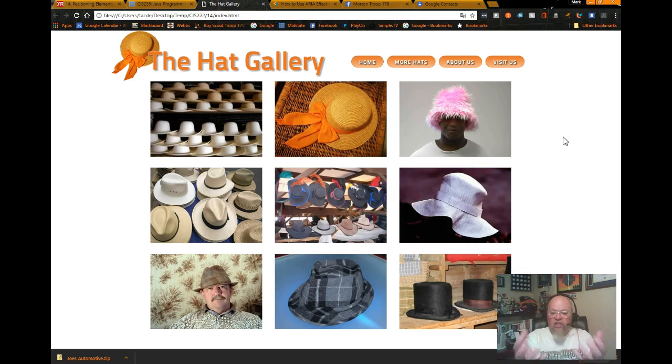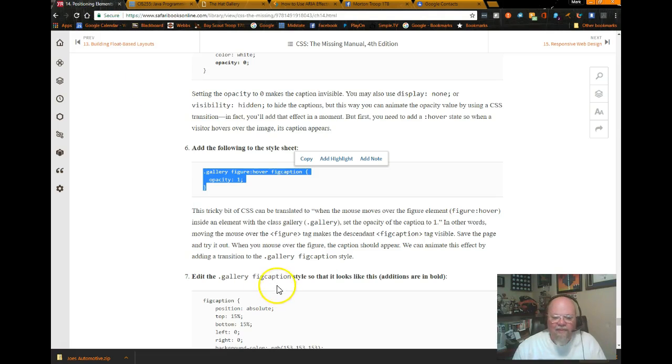We want it to show just graphical stuff, and then we're going to add some of our text to it when you hover over it. I really like this hat. It's just a fun hat. Okay,